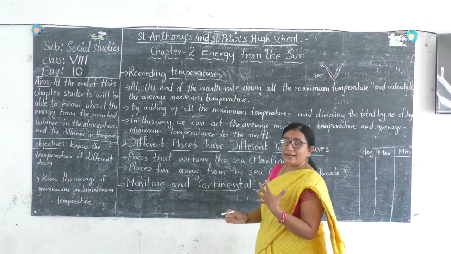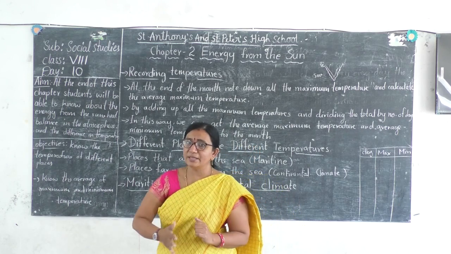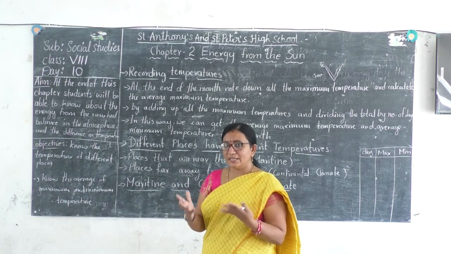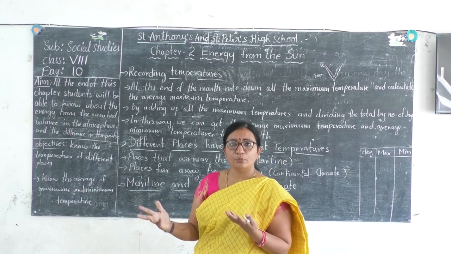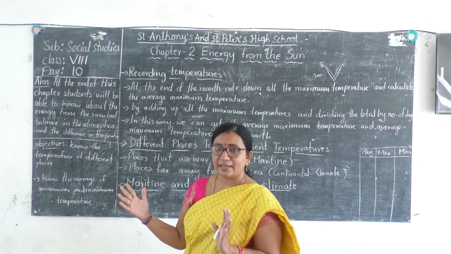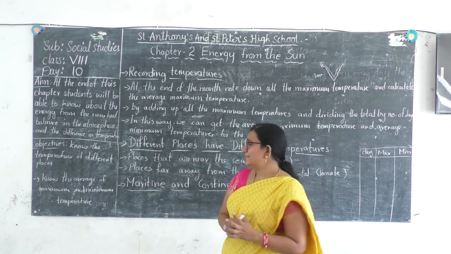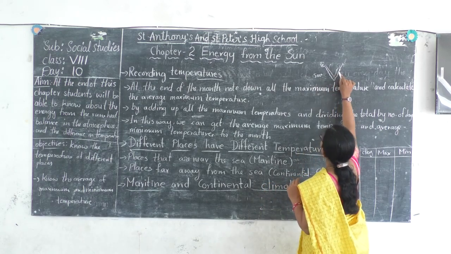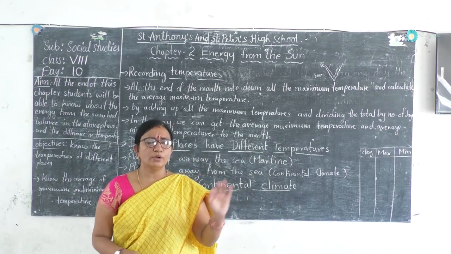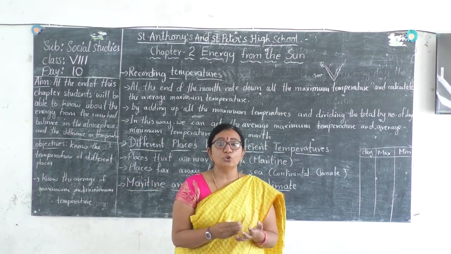As we read in the last class, water doesn't get heated immediately compared to land. So what is happening here? When the water is heated, it slowly becomes water vapor. And the water droplets mixed in the air don't allow the atmosphere to become dry. That is the reason the climate near the coastal region is not extremely hot in the summer or extremely cool in the winter. So we call it a moderate climate, or we can say a humid climate.